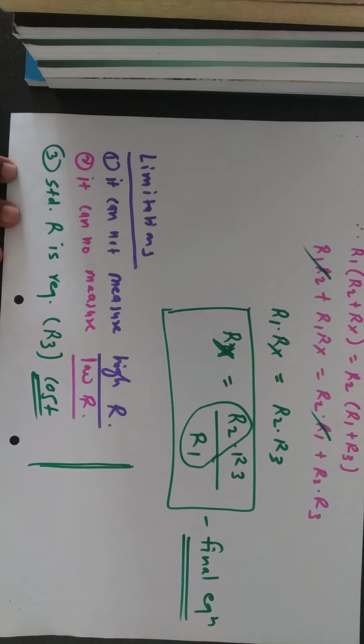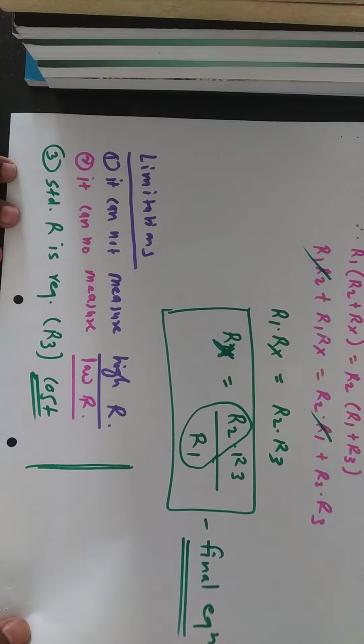So in order to solve this second limitation, that it cannot measure the low resistance, we have to modify this Wheatstone bridge network in such a way that it can measure the low resistance, and in this lecture we will see that aspect of this network. This modified network is generally called Kelvin's bridge method or Kelvin's bridge network. So we will go through that concept right away.